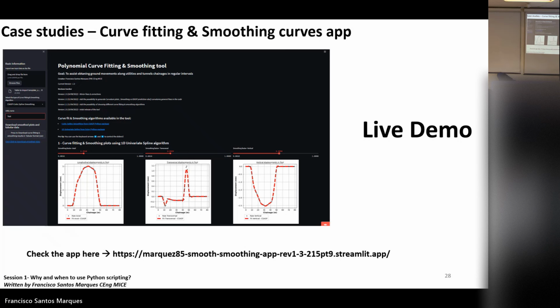If you work with GMA's impact assessments, you know that sometimes you have to extract results from software like XDisp to do impact assessments and make sure that the strains are okay, etc. But the problem with XDisp sometimes is, for example, on a corner, if you are trying to extract movements behind the wall or utilities behind the wall, especially for longitudinal movements. Don't mind the names here; they're swapped, but these are longitudinal movements.